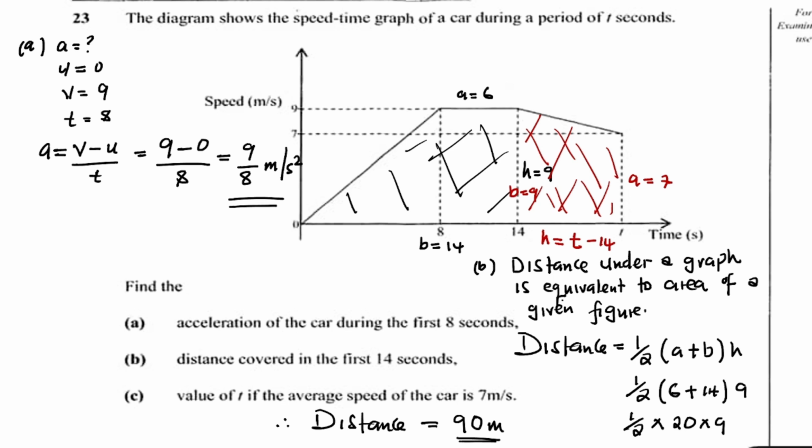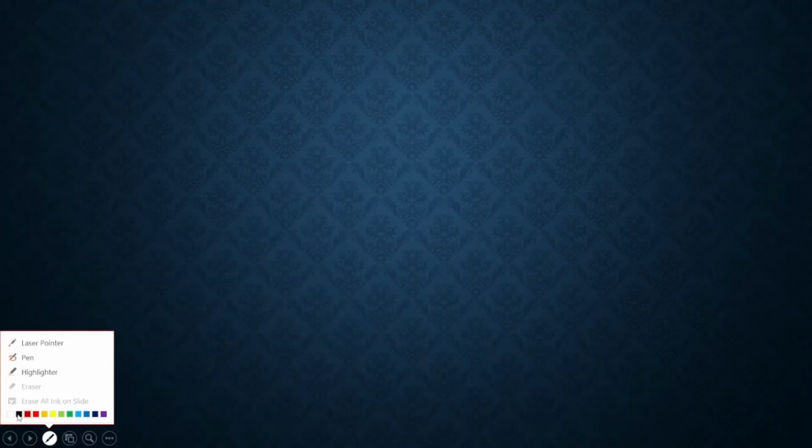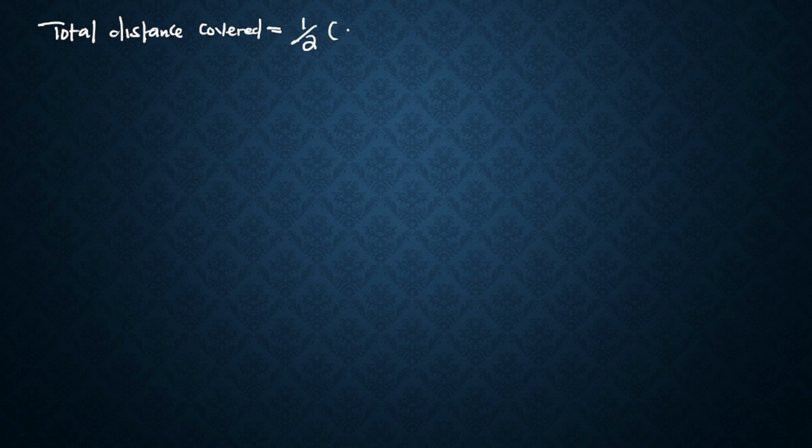in black and the area of a part that was shaded in red, if you add, is going to give us a total distance. So the first thing first, we need to have the total distance of the whole journey. So how do we do that? We are going to say that total distance of the whole journey, okay? So total distance covered is equal to the area of the first trapezium, which was in black, plus the area of the second trapezium,